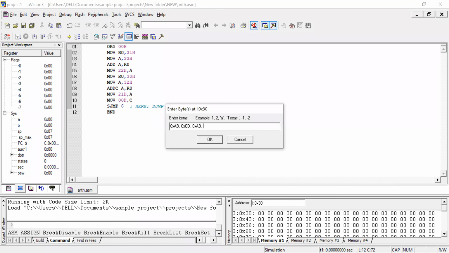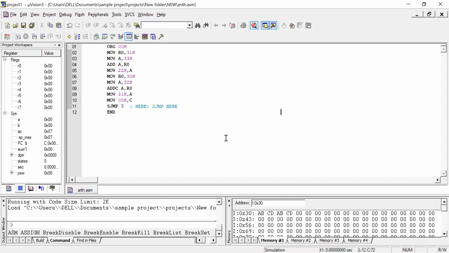This is the next 16-bit data, and the next 16-bit data has its lower byte. This is one 16-bit data, and this is another 16-bit data. I just give OK. Here you can see the data is stored, ABCD, ABCD.